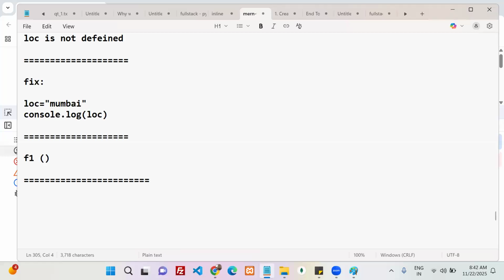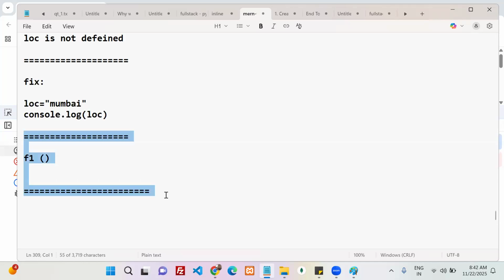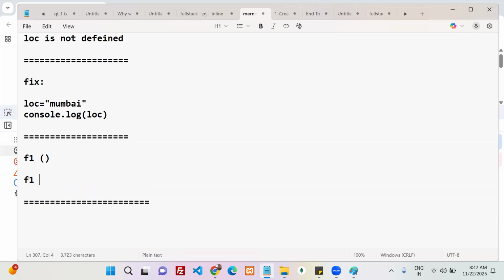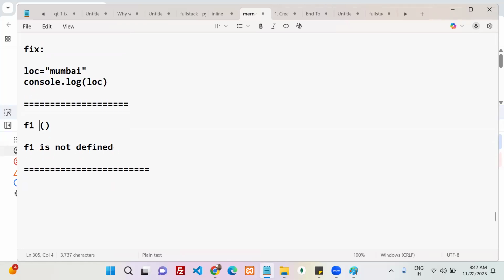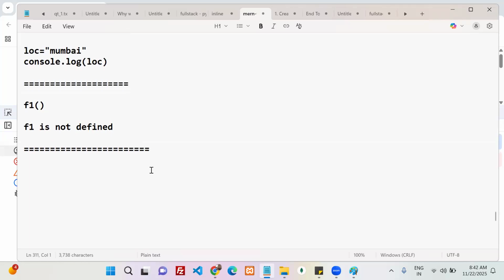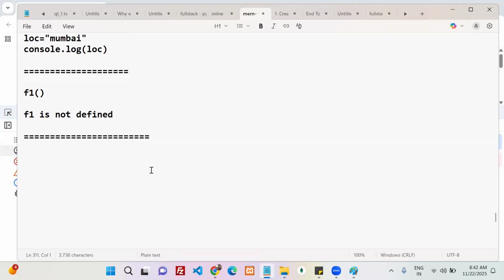Here, two sections are there. In the first section, F1 is there. First, we are looking for F1. F1 there or not there? In this block only you can think. Not there. Whenever it is not there, what error can you get? F1 is not defined. F1 is not defined or not? Yes. Now, if you come to this one,